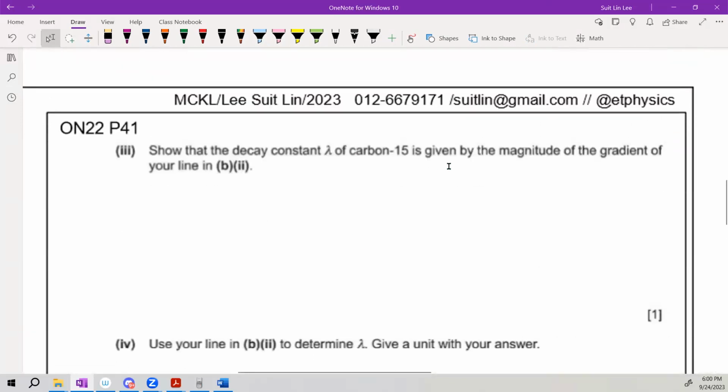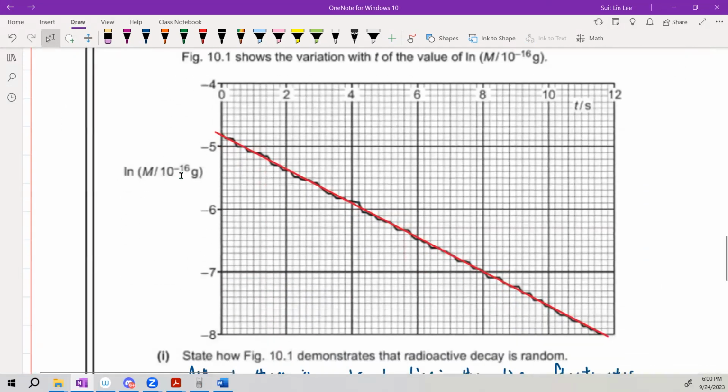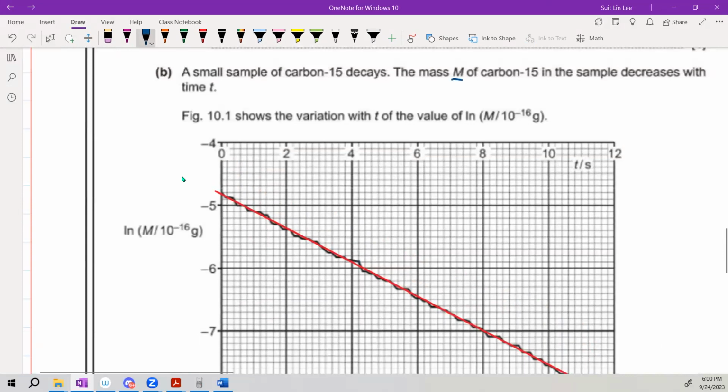Show that the decay constant is given by the magnitude of the gradient of your line. Okay, so if you are doing physics at this level, we expect students to be able to basically understand the relationship between mass and the number of nuclei. So this one is mass, right? Mass of carbon 15. So we have this equation. But how do I find the number of particles? I take the mass multiplied by the Avogadro constant, right? Because the number of particles would be,